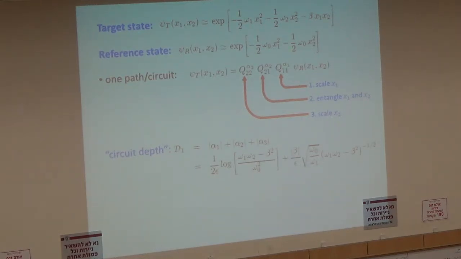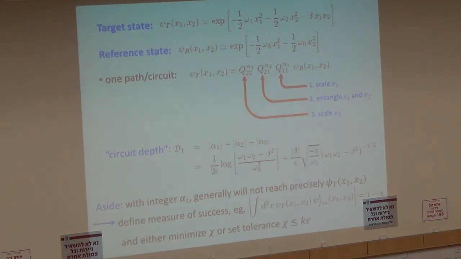As an aside, I mentioned this tolerance at the beginning, and so here when I do this problem, it's natural to think that those alphas are just real numbers, but if I really thought of them as integers, then I might not actually get to the desired target state, but I could get very close to it. And so you'd have to define some measure of success. So here's a possibility. It's not the only possibility, but you might take the overlap of your final state with the target state, and it could be very close to 1, but not quite equal to 1. And so you can do